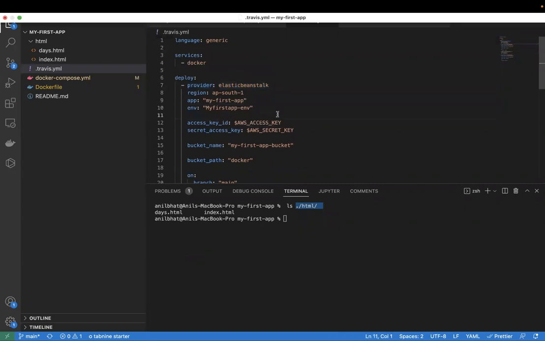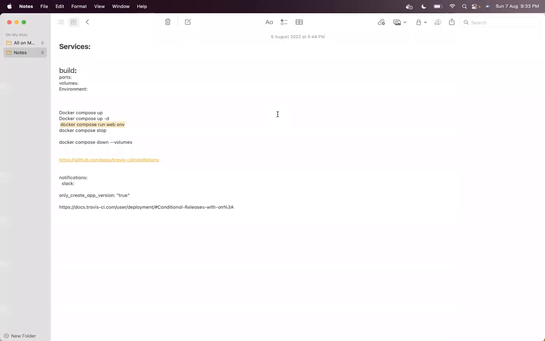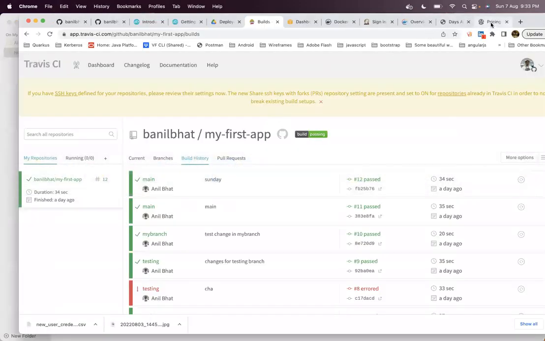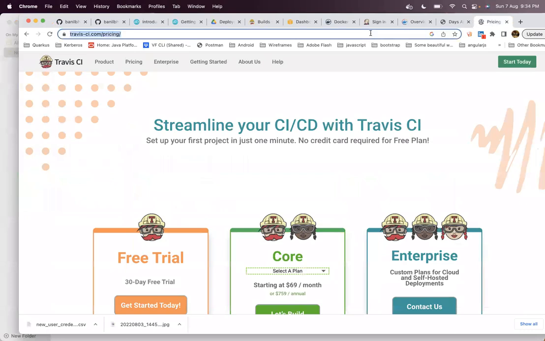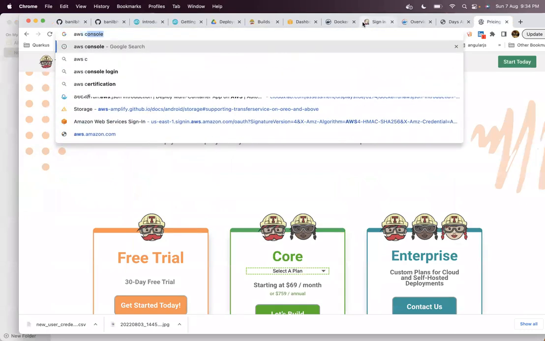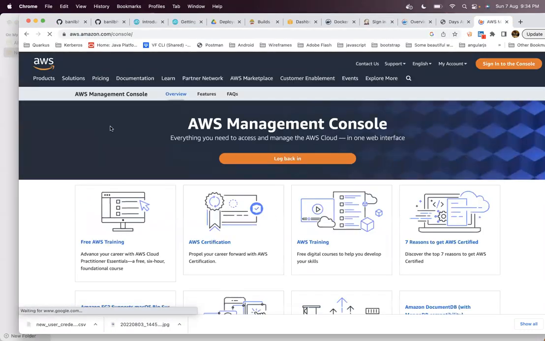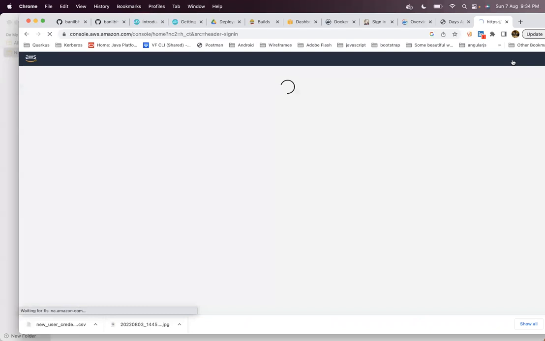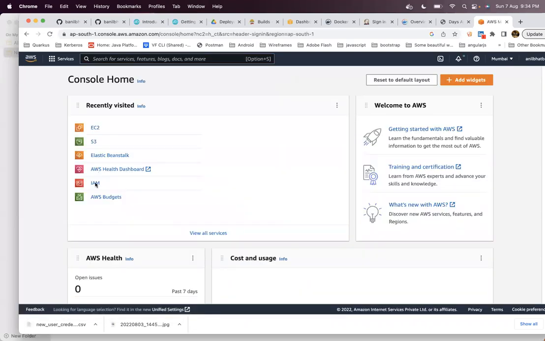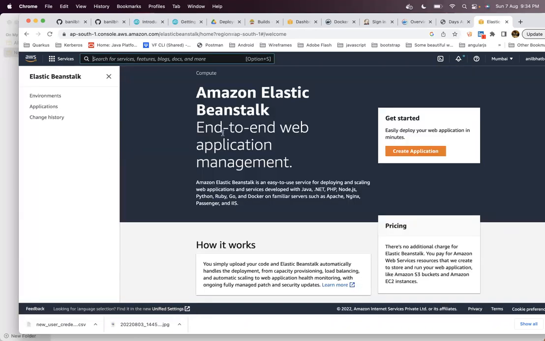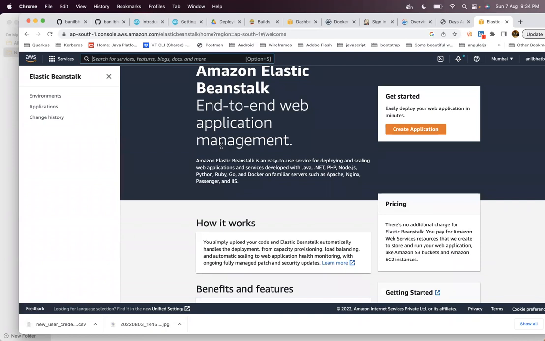Hopefully you already have an AWS account. Go to the AWS console, sign in, and you can see a service called Elastic Beanstalk. Elastic Beanstalk is a web application management service.